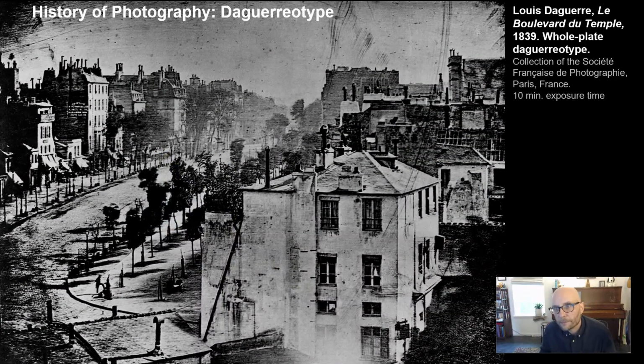So let's talk about this other guy, Daguerre. Louis Daguerre is another major player in the invention of photography, and he invented a kind of photograph called the daguerreotype, which took pictures on plates. And you were looking at arguably the first image of a living human being. This was taken in Paris on a very busy street on the Boulevard du Temple